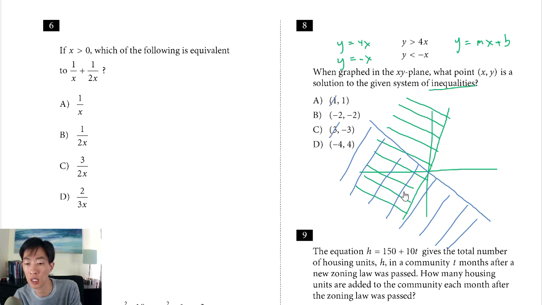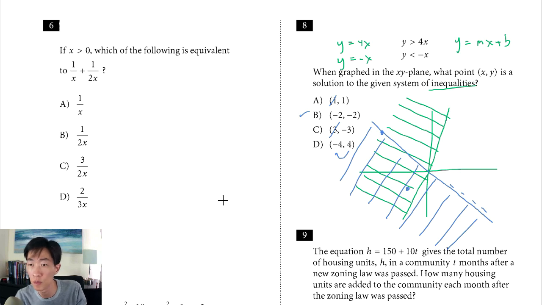Now is it going to be negative 2, which is somewhere down here, or is it going to be negative 4, which is up here? Generally the safer answer is going to be choice B. And the reason that you know that choice D is not going to work is because negative 4 is actually on this line, because this line is y equals negative x, and that's exactly what's happening here. y is equal to negative x, and so this point is on the line, but since the equation doesn't say equal to, it says less than, not less than or equal to, these lines are actually not part of the solution set. So technically I should have drawn them as dotted lines, but regardless the answer is going